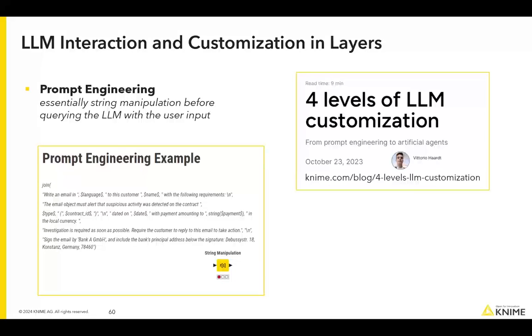For example, use very simple and concise language, and avoid redundancy or providing sentences or commands with a negation. Models tend to perform better when they receive commands in a positive form. So "do this" instead of "do not do that." There are plenty of best practices out there, and in KNIME Analytics Platform, we